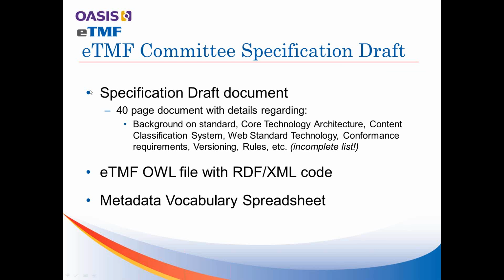There's the specification document itself. It's a 40-page document. It has a background on the standard, its purpose, the benefits. It has all sorts of detail on the core technology architecture, on the structure, and the standards that are used. There are conformance requirements. There's all sorts of stuff that for a clinical ops person is just great. That'll put you right to sleep. But there's a lot of information in there that's essential, and it is an essential part of the rest of the components. And none of these can be seen on their own as standalone. They're all integrated to develop the standard.